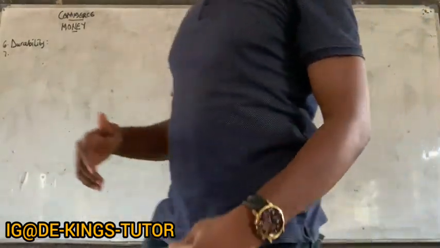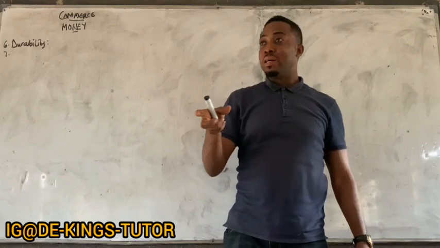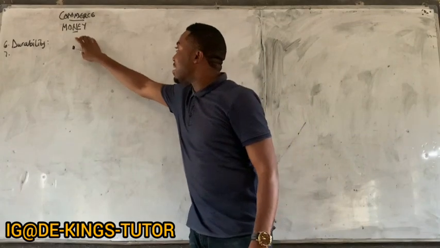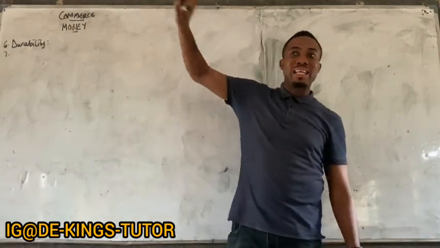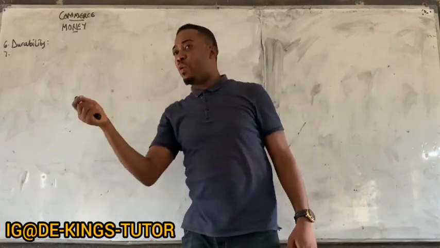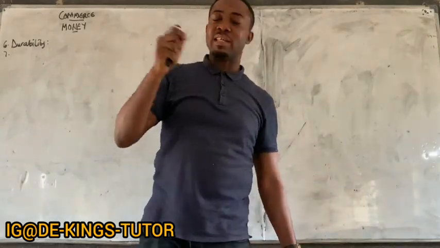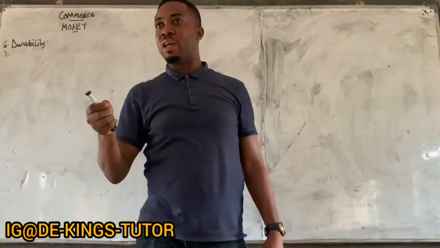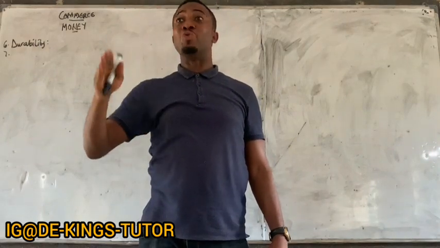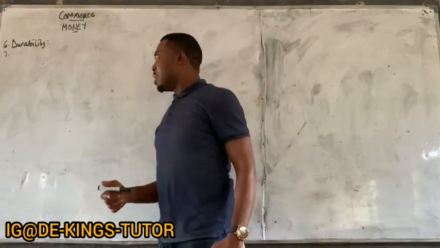Like I said before, one of the disadvantages of trade by barter is that most of the items there can be perishable. Do you understand me? They can get spoiled. But whatever is serving as money should be such that it can stand the test of time. I gave an illustration last time: if you keep your money where it is not prone to external attack, like somebody getting into your house or a rat, you put it in a book or somewhere. If the money stays like that for close to 5 years, it will still be like that. Do you understand? So that's the durability and quality of money.